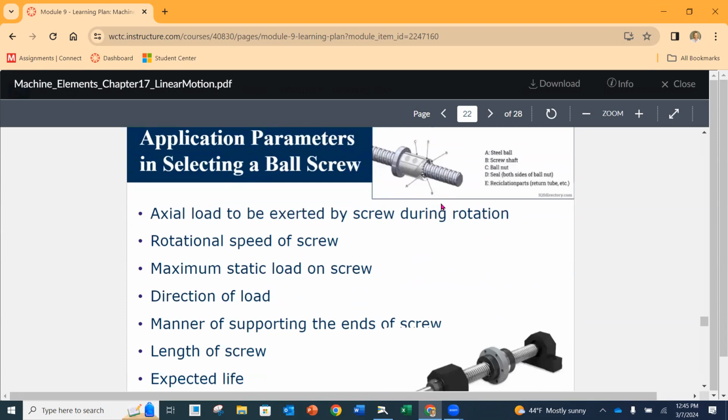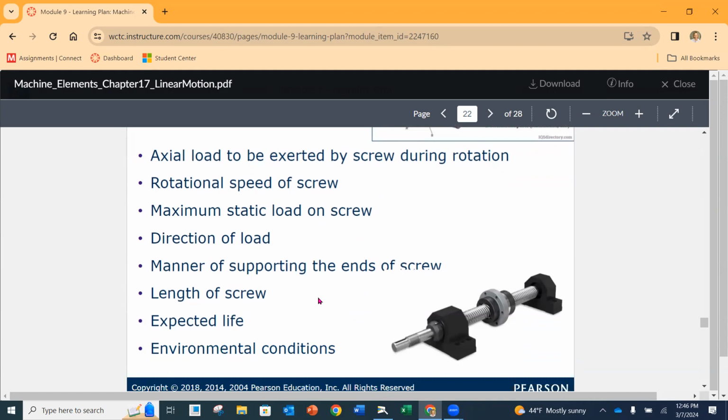So, parameters when selecting ball screws. Axial load is to be exerted by the screw during that rotation. So this is going to be our 12,500. We need to have this amount of load that we are going to be moving. What is the rotational speed of that screw? Maximum static load on that screw. So when it's not moving, how much can it take? Direction of the load, the manner to support the ends. You'll notice here that there are supports on either end, and this can be either horizontally or vertically. The length of the screw, the expected life, the environmental conditions,